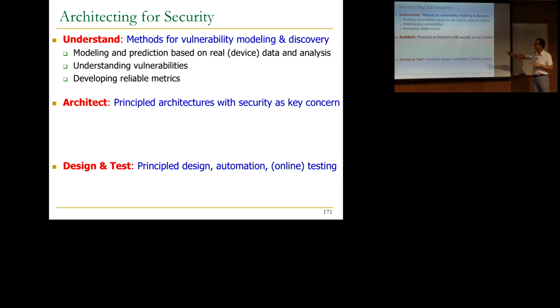These are very high level, so I'm not going to go into the details a lot, but I think once we understand it, maybe we can have principled architectures with security as a key concern. And maybe we don't even need to understand it to be able to do this. So we need to have good partitioning of duties across the stack, memory controller and memory. I think the duties are really not partitioned well between those two at this point. Maybe operating system and memory. I don't think the duties are partitioned very well across those at this point because not enough information flows between them, right? The memory controller doesn't know enough about the memory that it's controlling, and the memory doesn't want to give, and the other way around also.